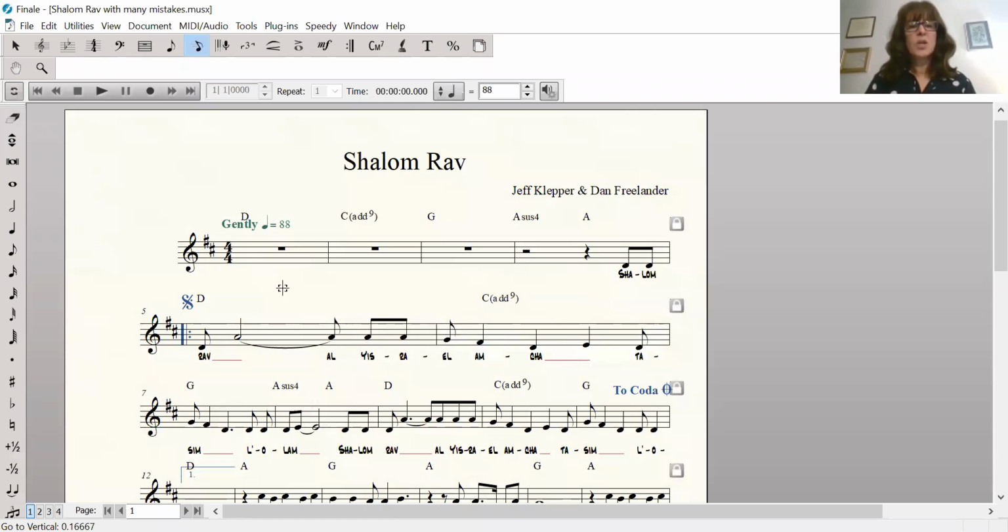Yes. Okay. So a lot of people give me music like this. Shalom Ra'av al Yisrael. There's a big problem with this, and that is that as a general rule, every measure should be splittable or divisible down the middle, right? So you need to be able to easily see where beat 1 is, beat 2 is, beat 3, and beat 4. And that means that the best way to write this is not, even though this is 2 beats, we don't want to do that. It's really hard to tell where the different beats are. So what we really want to do with this,